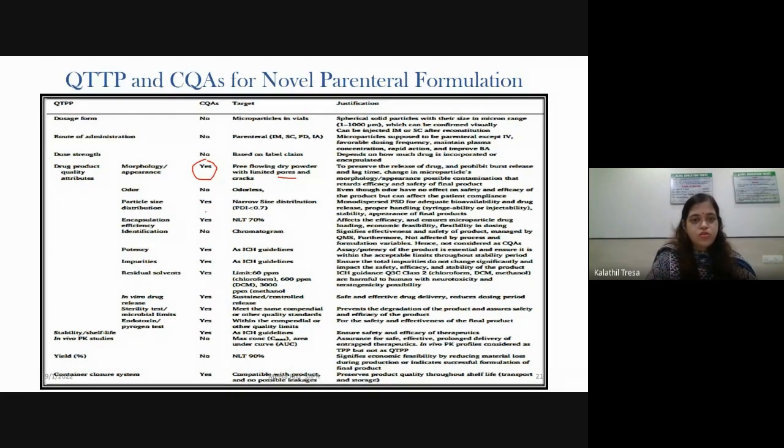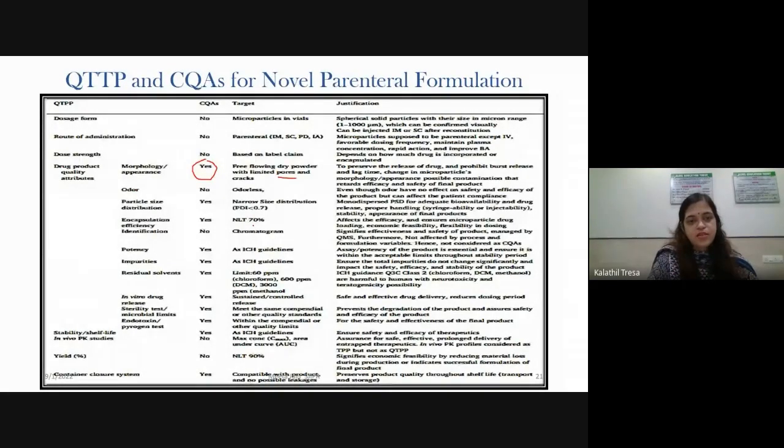Similarly, particle size distribution is a critical attribute because this is a parenteral formulation which is directly injected into the blood circulation. So it has to be released from the syringe and also has to circulate in your capillaries. So this is important. Encapsulation efficiency is also important because it will affect the efficacy.